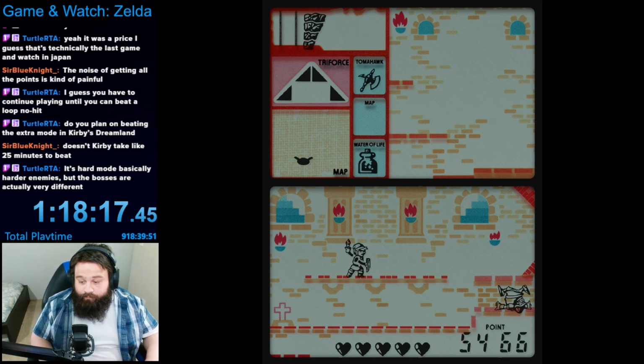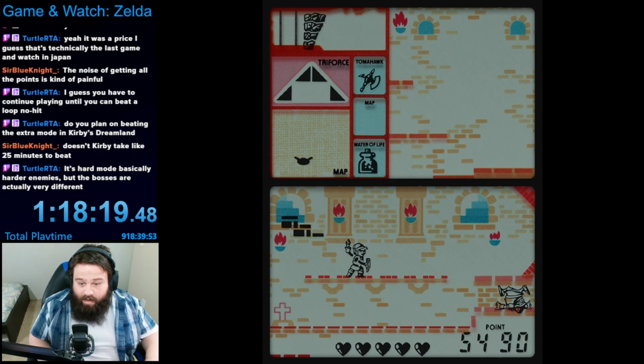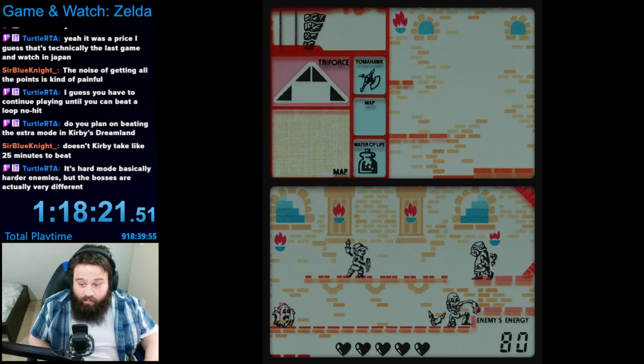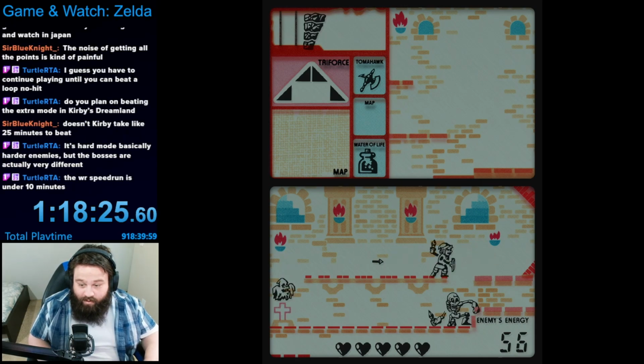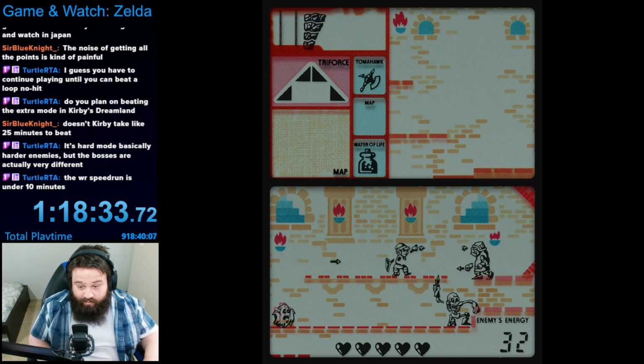How do you do it? With a game like that, yeah, I think I'll probably do it. I didn't know it existed, to be honest. World record is under 10 minutes, wow. Why not? I did Zelda 1 Master Mode. Actually, that does have different dungeons and everything, too, but...